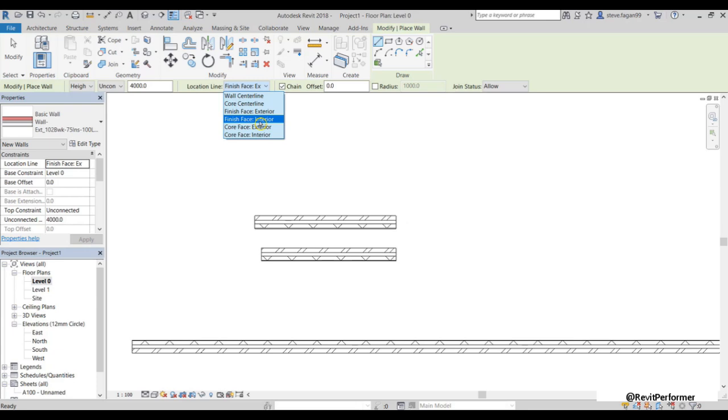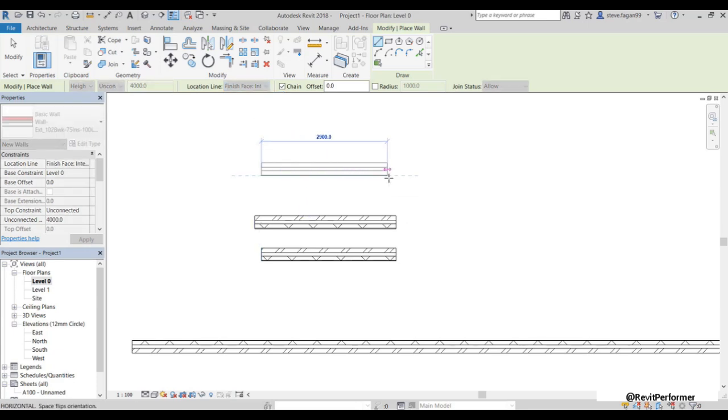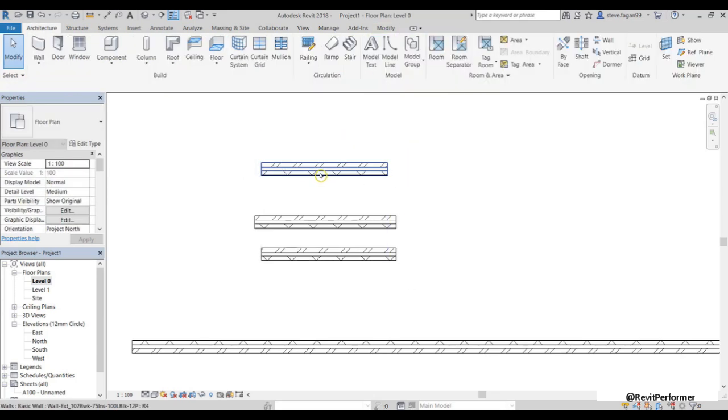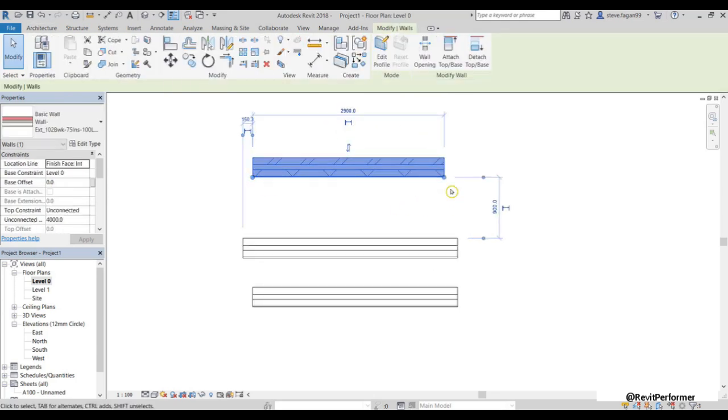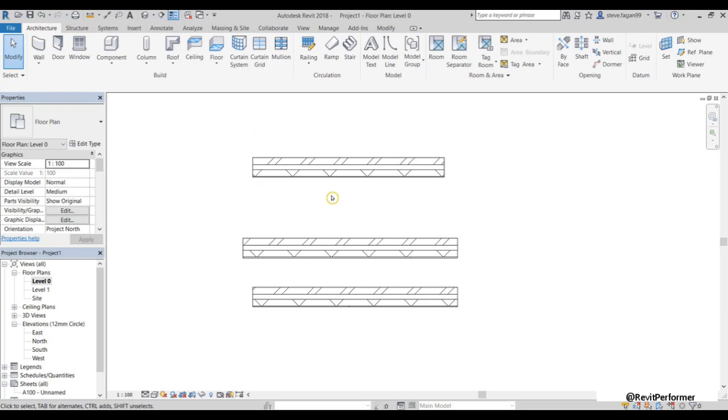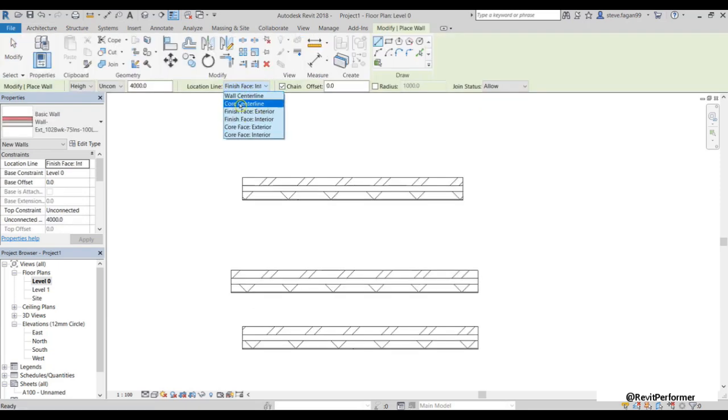As well, we have finish face interior. So there's our dashed blue line on the inner face, so it's running along the plasterboard of the wall. Again, blue grips either side. The other options which we have are core centerline, core face exterior, and core face interior.